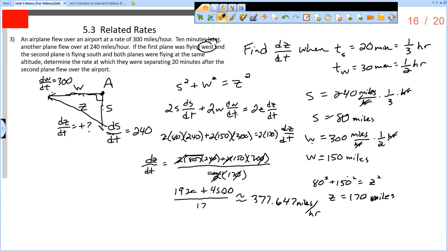So really, though, obviously the calculation is annoying, but this problem is just using some geometry, some basic stuff, but within this larger context of related rates. All right, so that is